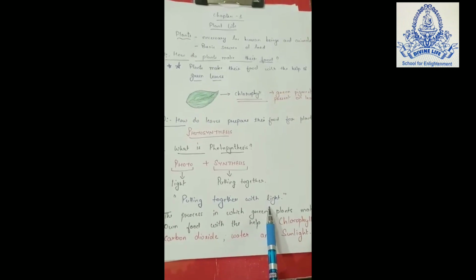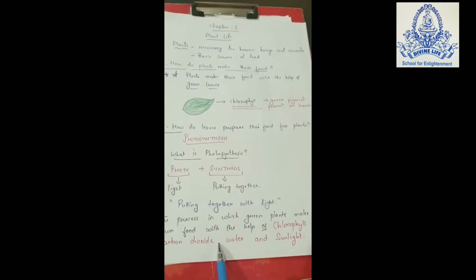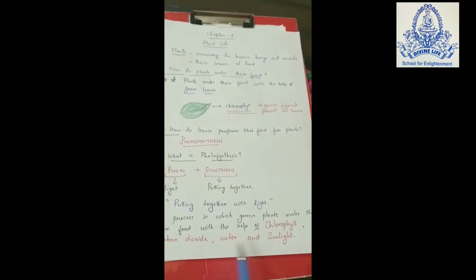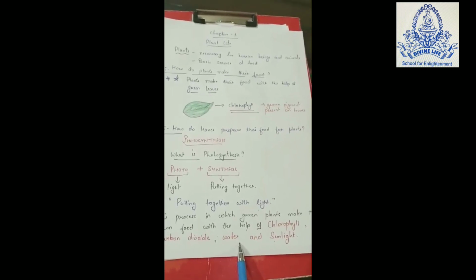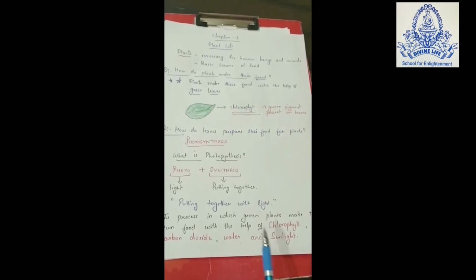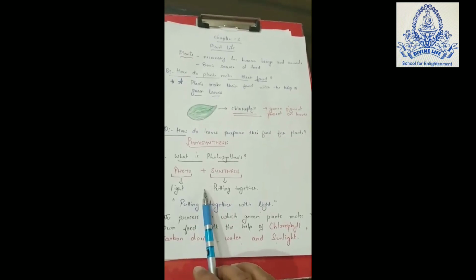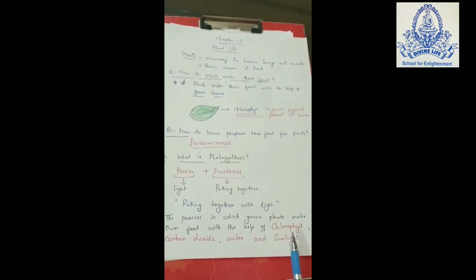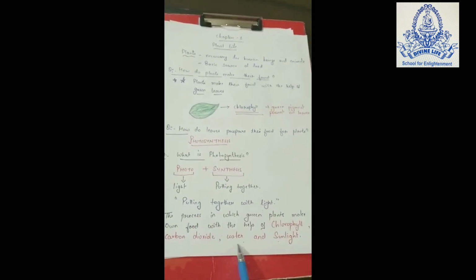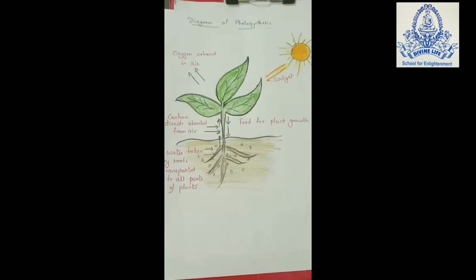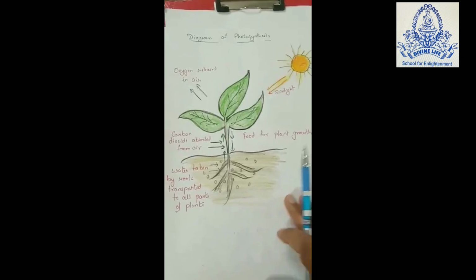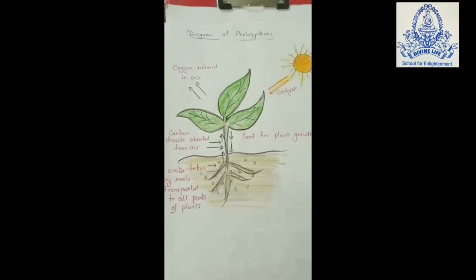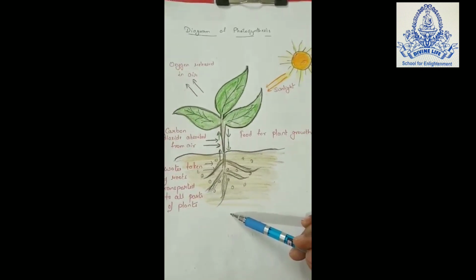Photosynthesis is actually a process through which the green plants make their food with the help of chlorophyll, water, sunlight, and carbon dioxide. These are the four things that help the plants to make their food. So plants get their food from the process of photosynthesis, which is carried out by leaves. Leaves carry out the process of photosynthesis through these four things, that is chlorophyll, carbon dioxide, water, and sunlight. Now let's try to understand the process of photosynthesis with the help of this diagram, and how it is carried out by the leaves.